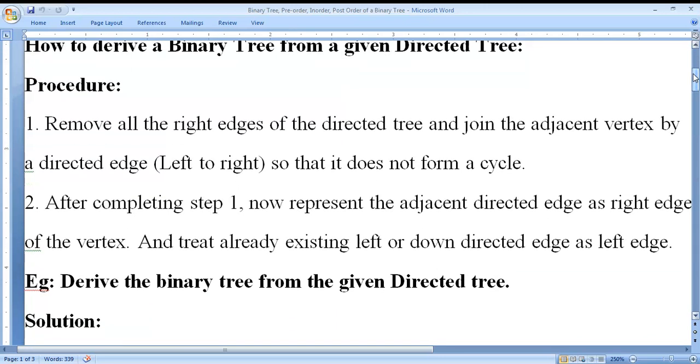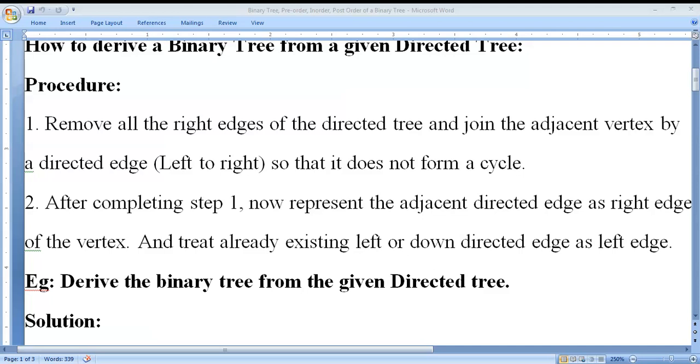A directed tree is given, and you need to find the binary tree from the directed graph. So the procedure says, first you need to remove all the right edges.